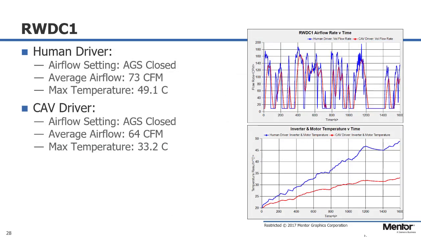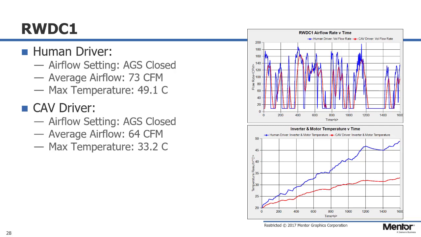So let's start by looking at real-world drive cycle 1. If we look at the top on the right, what we can see is the airflow rate versus time. And as I mentioned, this is a function of the speed, so you can see that it closely follows what the drive cycle looks like from the real-world drive cycle. In the blue is the human driver. So it's much more jagged, with much more acceleration and sharp deceleration involved, whereas in the red, you can see the autonomous driver has smoothed that out, not only in the drive cycle, but that gets reflected in the airflow